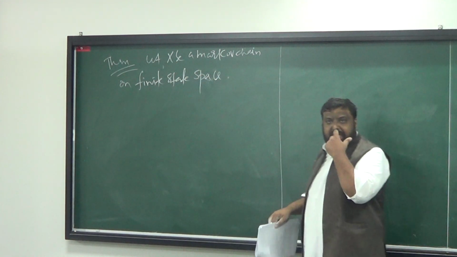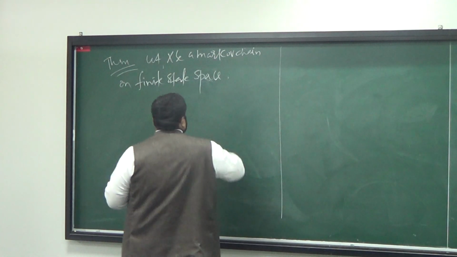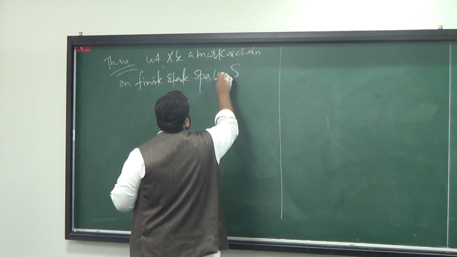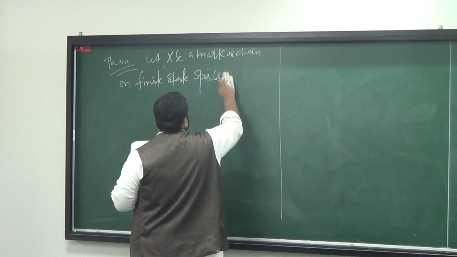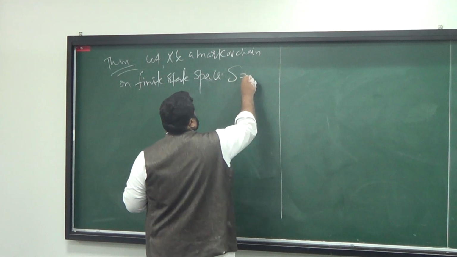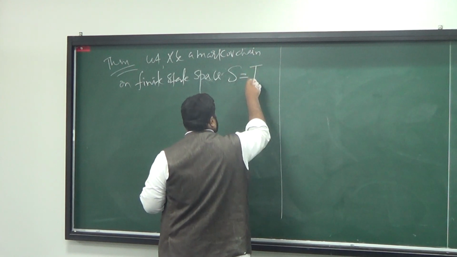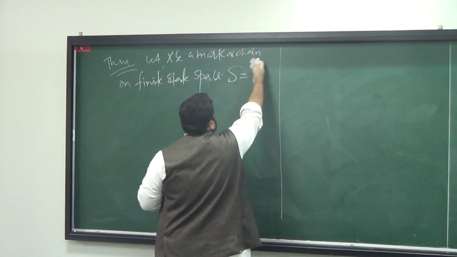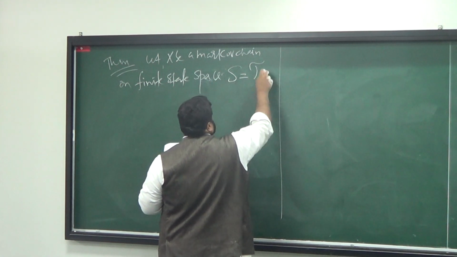We're talking about finite Markov chains. And S is a finite state space, that is the disjoint union of the transient classes, where the calligraphic T is the collection of all transient classes,